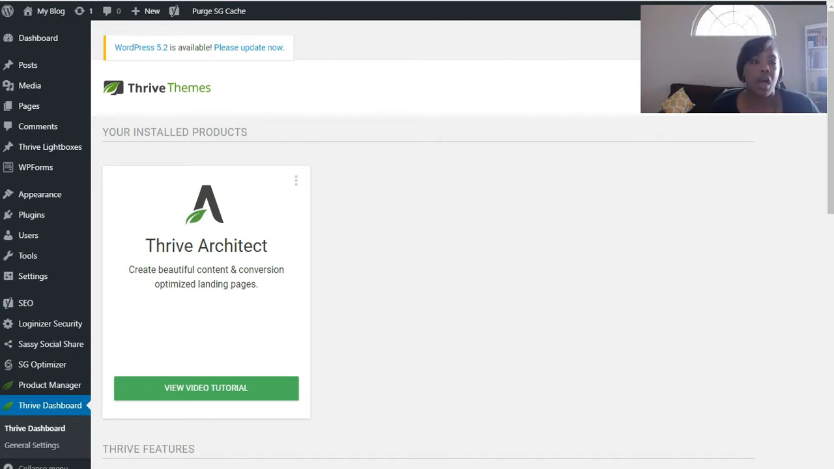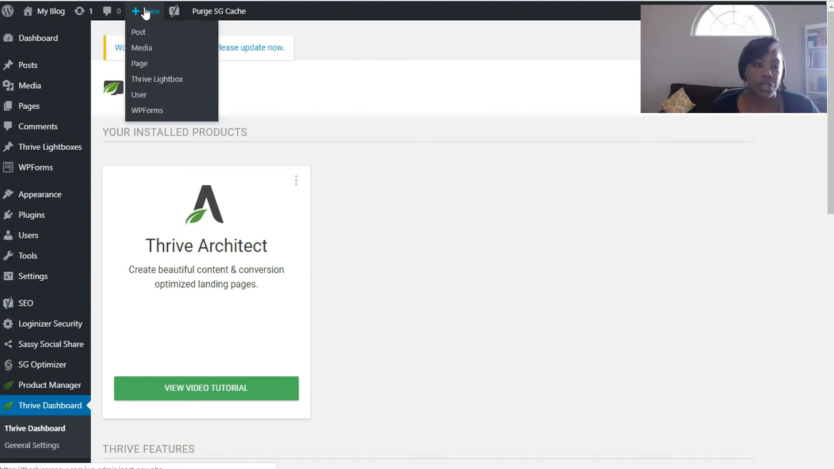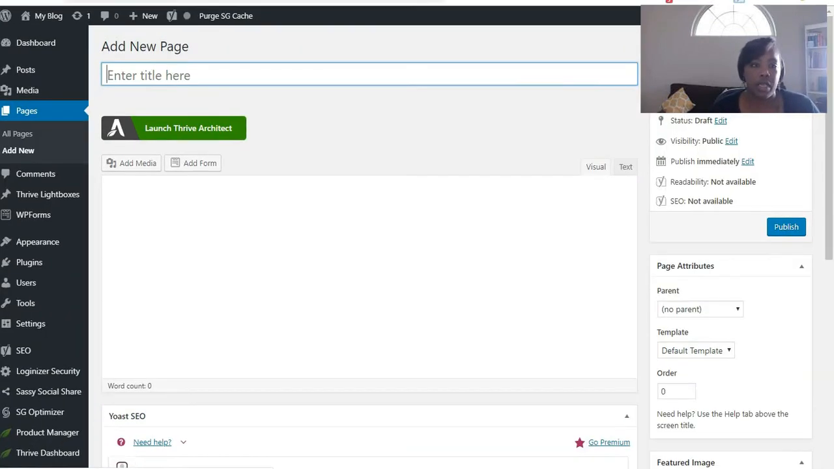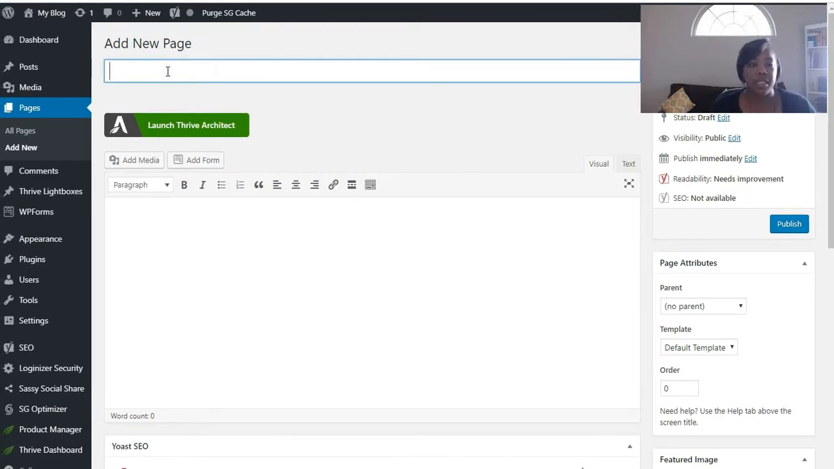Okay. Now, to do this, I'm going to go to New, and then I'm going to click Page here under the WordPress dashboard, and then I'm going to just type in a name for the new page. What I like to do whenever I'm creating new landing pages with Thrive Architect, guys, is think about what it is that I'm going to be selling. So for example, if I was selling